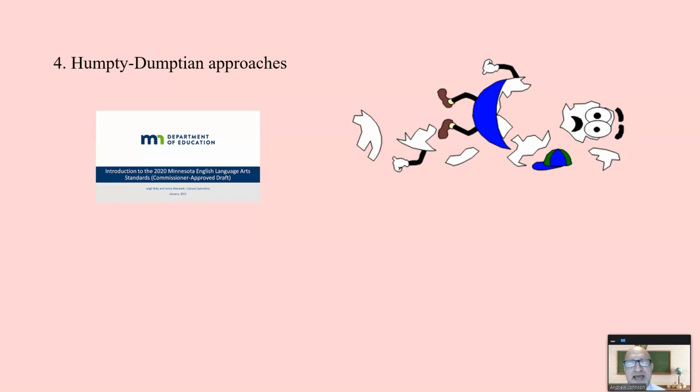Take the complex act of reading, take the complex act of writing, break it into little parts like Humpty Dumpty, and you create a reader and writer by putting all the little parts back together again. It just does not make sense. That is not how human beings learn. We do not learn best from part to whole. We learn from whole to part. Immerse them in the act of reading and writing and teach the skills as they are ready. This Humpty Dumptyan approach does not reflect what years and years of research has shown how human beings learn best.